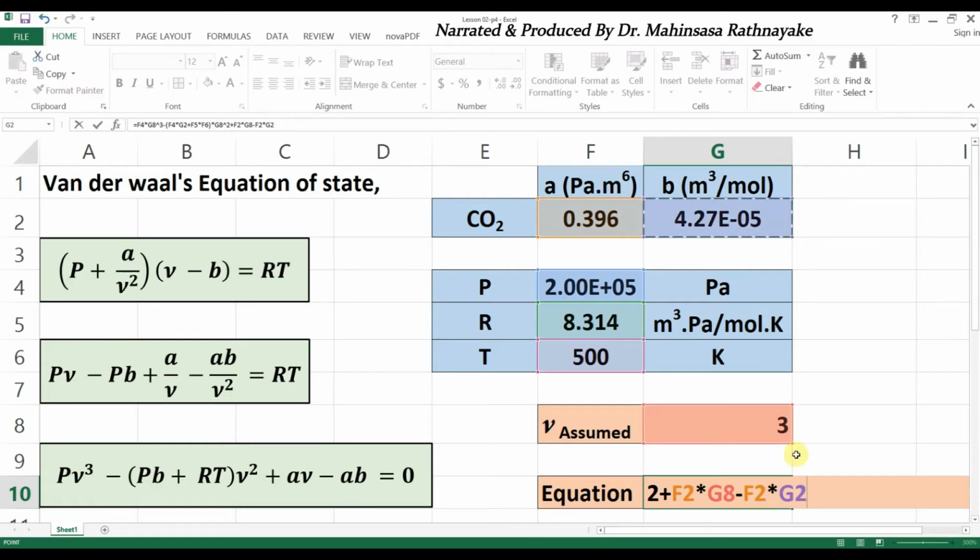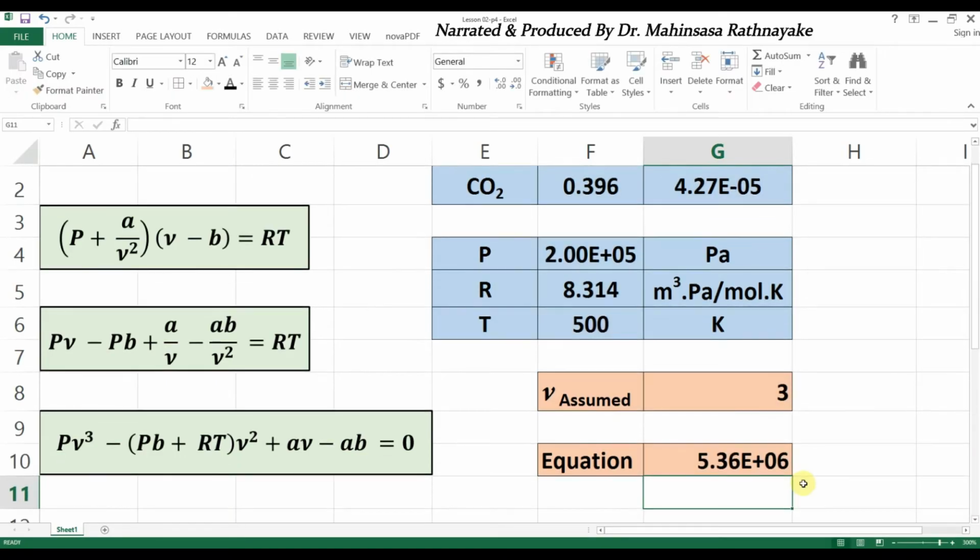So we can see that the answer is not equal to 0 and the assumed value is not correct.